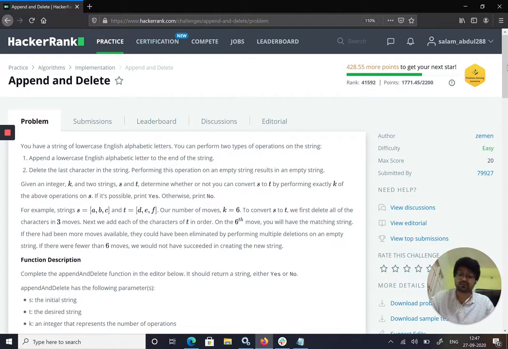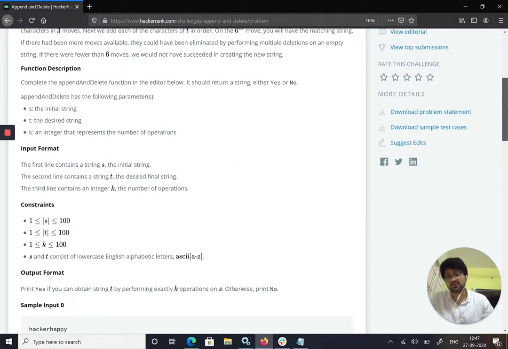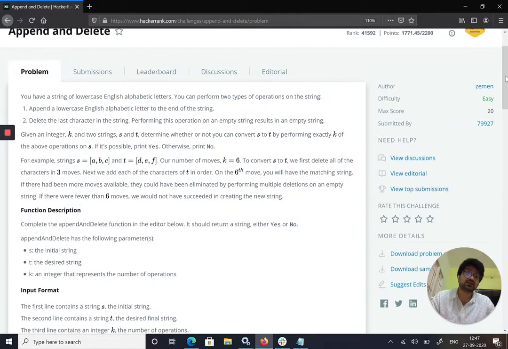The first step is I try to understand the problem very well. Then I focus on what the inputs and outputs are and what constraints HackerRank provides. Then I think about what more data we can collect based on this input so that we can apply it in our logic. Finally I think about the logic which depends on those inputs, and then I try the sample input and output to show how it works. So let's start guys. This is the problem Append and Delete.